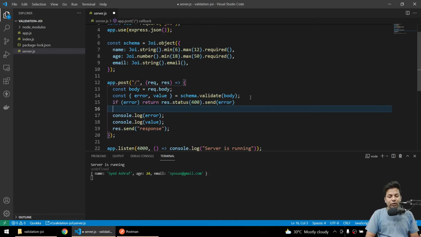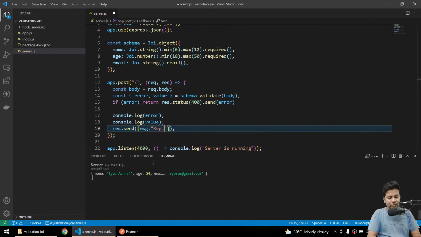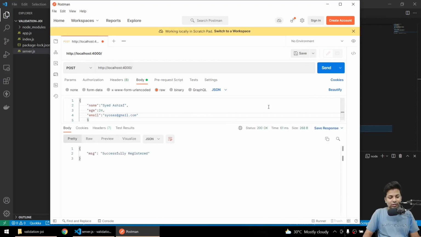Otherwise, if not error, we will not send a value, we'll just say data accepted, message successfully registered. Now if I hit send, successfully registered, there is not any error.